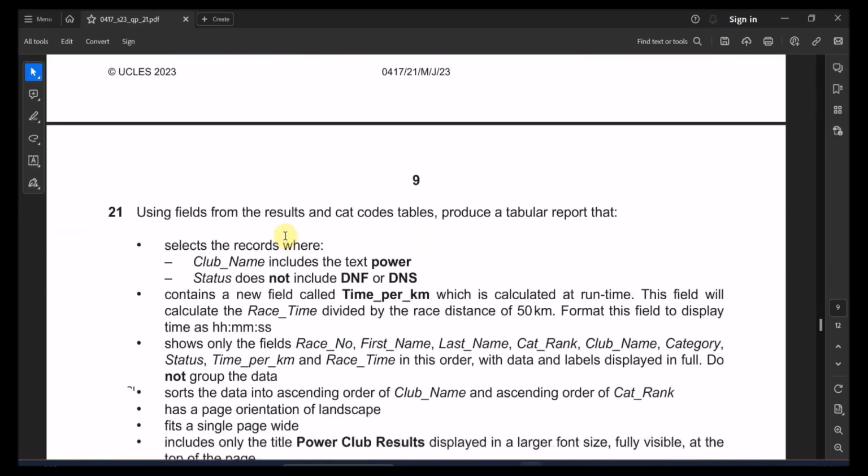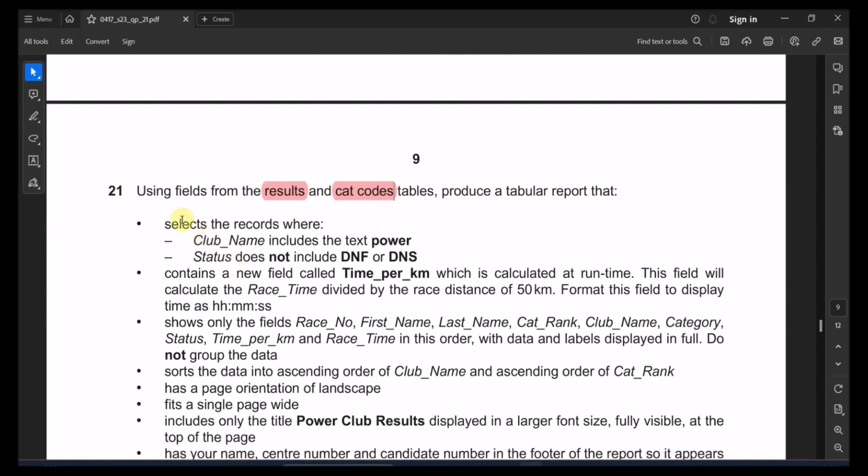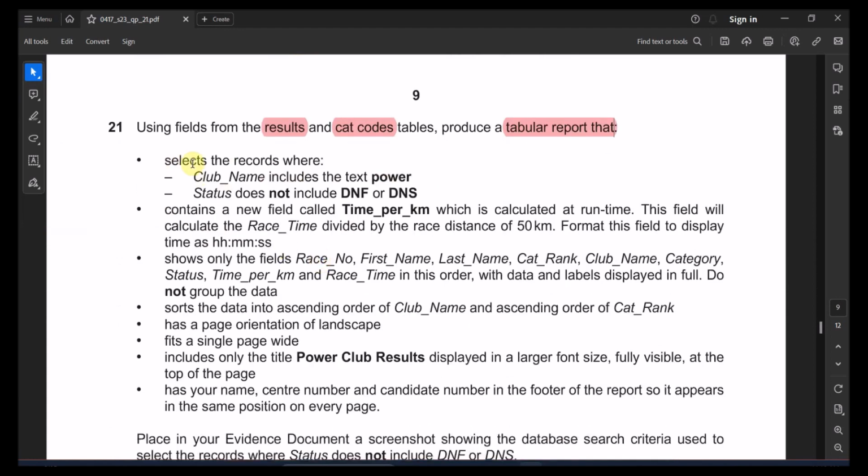For the next question, question 21, using fields from the result and CAD codes table. So again, I have this table and I will need this table as well. So produce a tabular report. For the tabular report, we need to select the records where, so a tabular record is needed, and I need to select the records where club name,